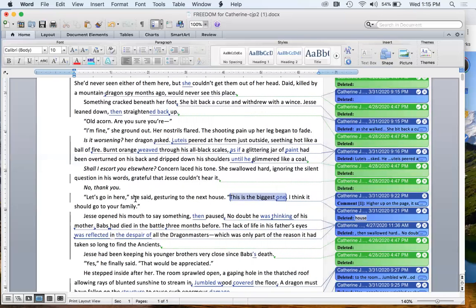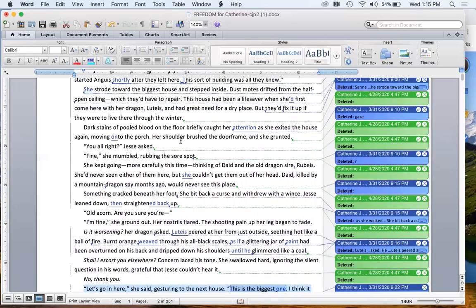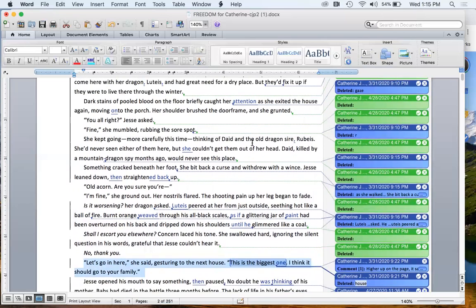So right here, I'm saying, Sana says, "Let's go in here. This is the biggest one." But Catherine points out, she's like, you already said that up here in the first house they went in. So she calls to my mind things that I've gotten wrong or double written,